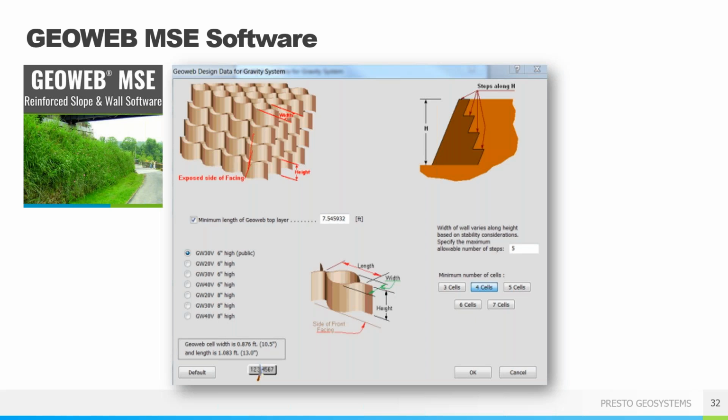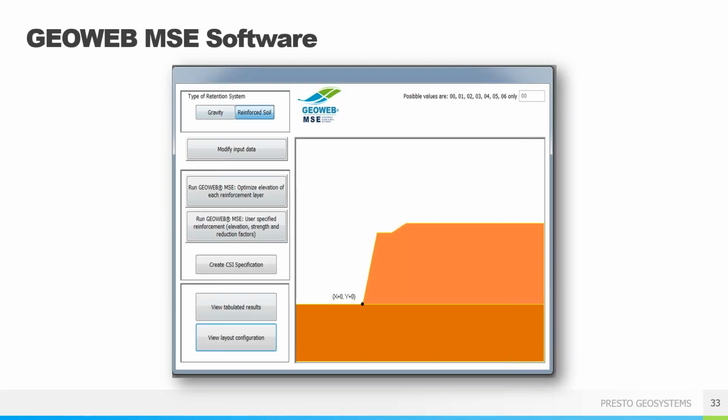So I'm going to go through a couple examples, one for a gravity wall and one for a reinforced wall. Both of these can look at internal and external stability calcs, but I'm going to be showing you a lot of inputs and outputs, so hopefully it doesn't get a little bit confusing. Like I said, once you use it and download it, I have thousands and thousands of these copies out that engineers are using on a daily basis. And once you get used to the software, you can design a wall in a matter of 3 to 5 minutes. So it's a very, very quick system to use.